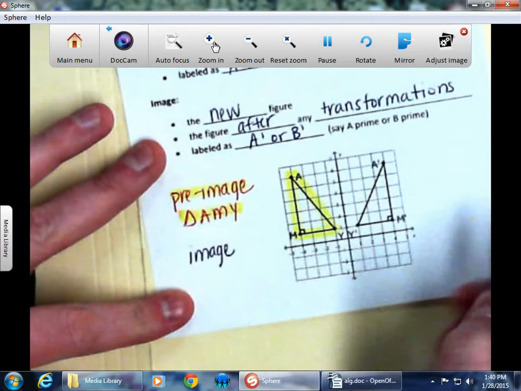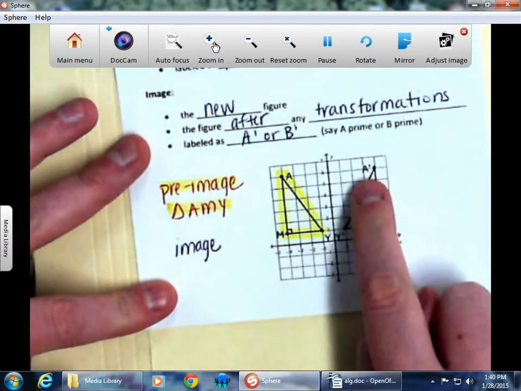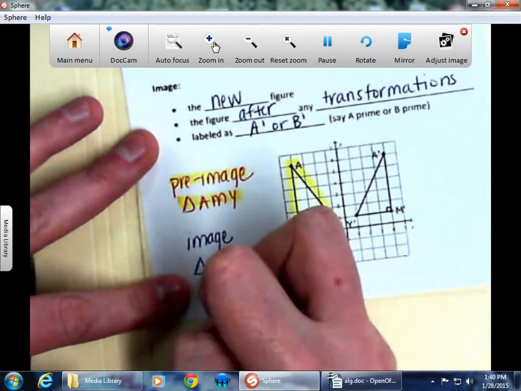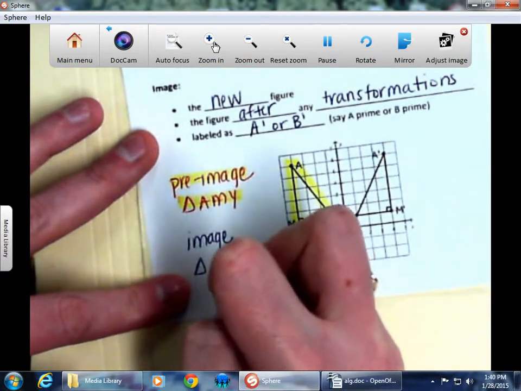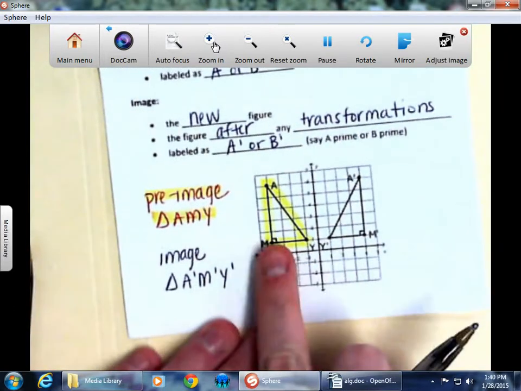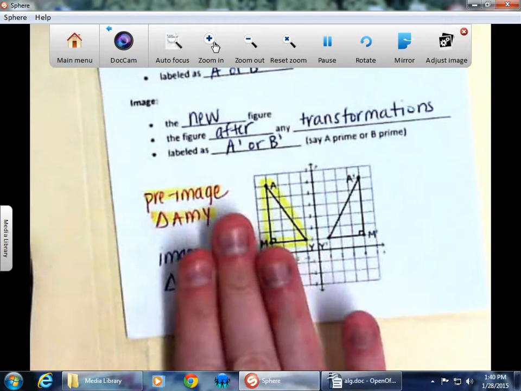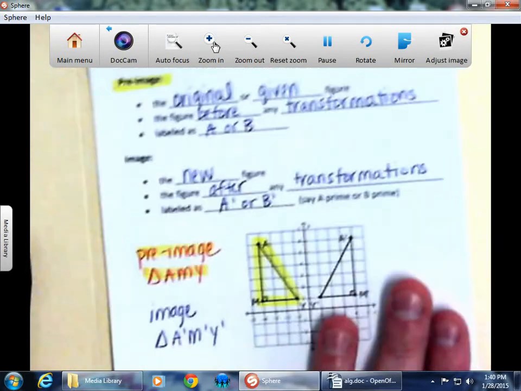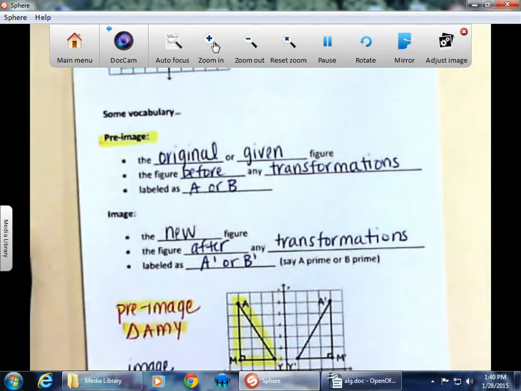That's this figure over here, and you can tell that because it's A prime, M prime, Y prime. So we would write triangle A prime, M prime, Y prime. This figure happens to have been reflected across the y-axis. It flipped over. Okay, so that's all we need to write on this side of the paper. So if you will go to your other set of notes,